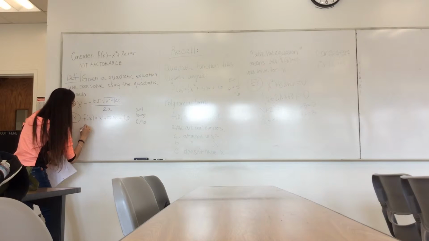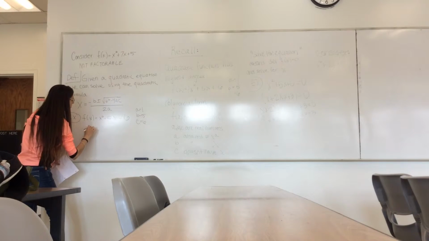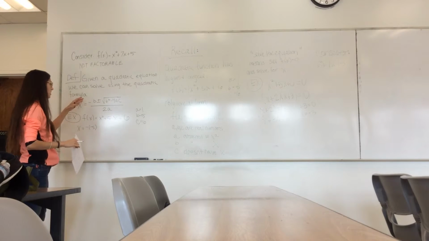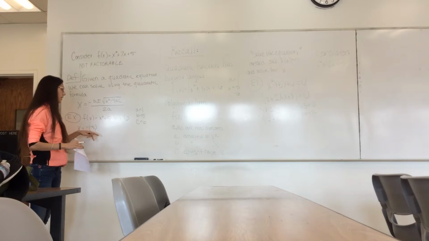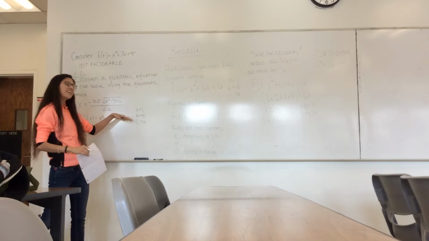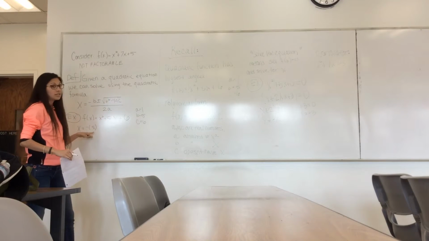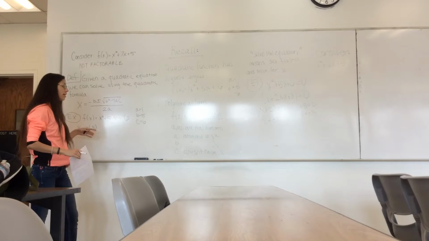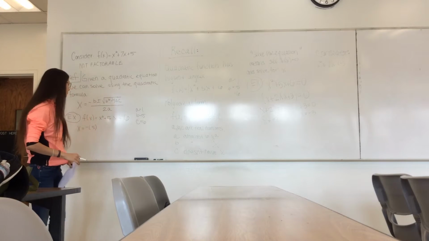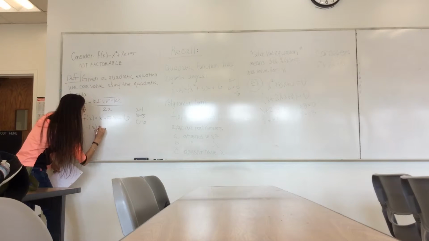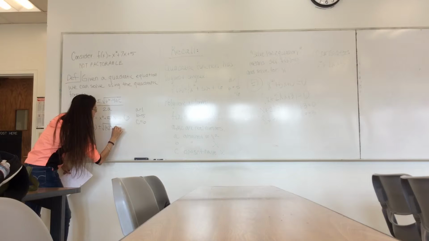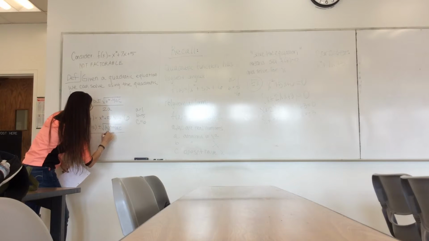So negative b, that's a +5. When you enter these things, instead of b, I want you to put in the parentheses and our value of b. For the very reason that when these get negative, we might forget to distribute. So putting parentheses on our input is going to help us visually see when we have to distribute that negative in. So -5 plus or minus the square root of 5 squared minus 4ac all over 2 times a,